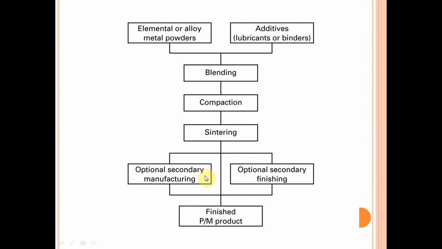These optional manufacturing steps are repressing, coining, sizing or re-sintering, forging or metal infiltration, or finishing, and re-rolling. These are the optional manufacturing processes.